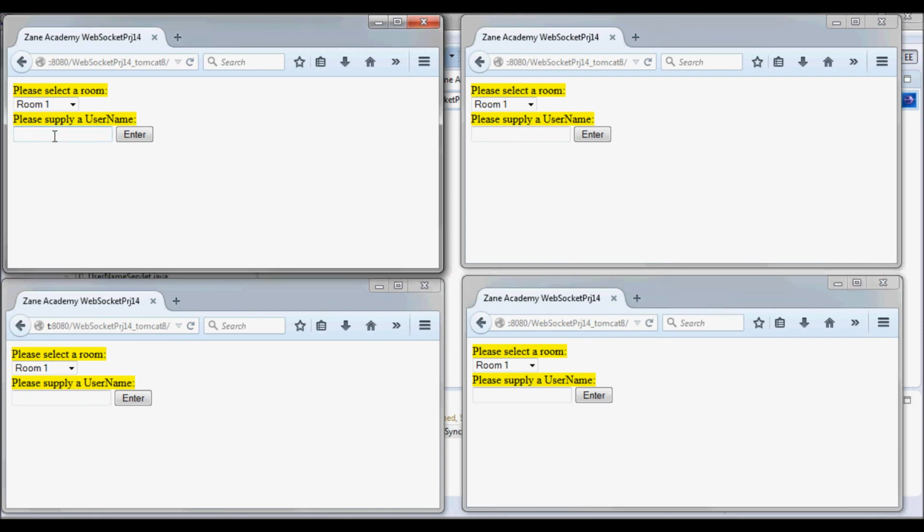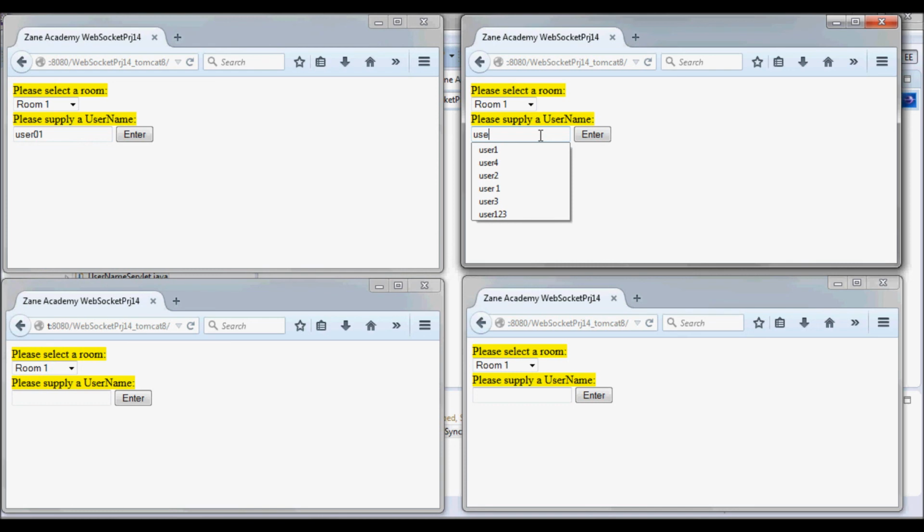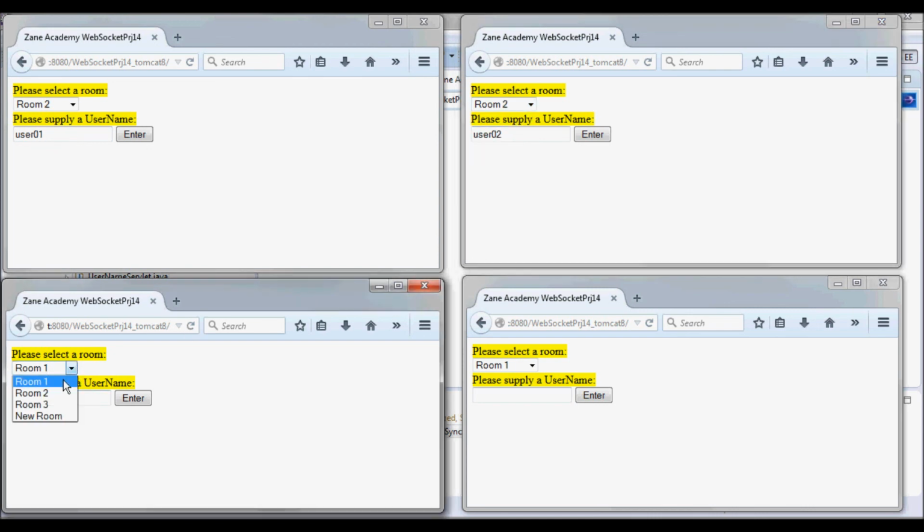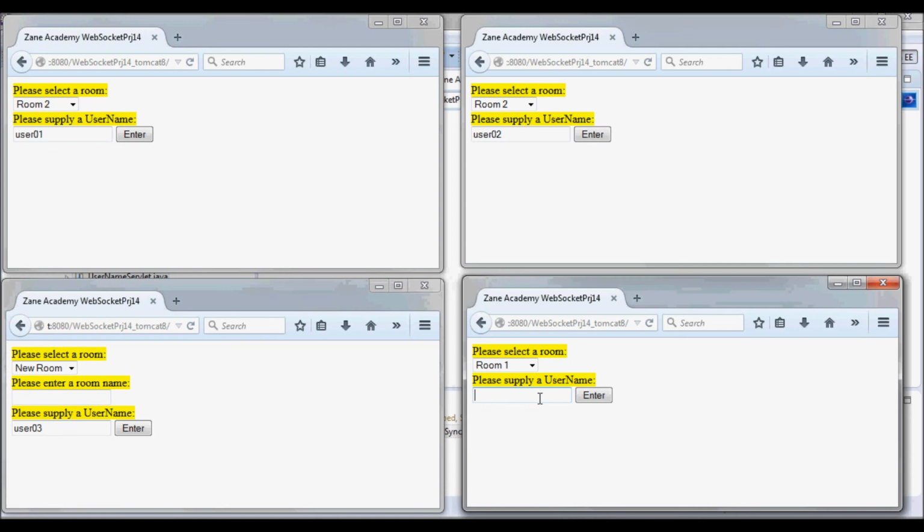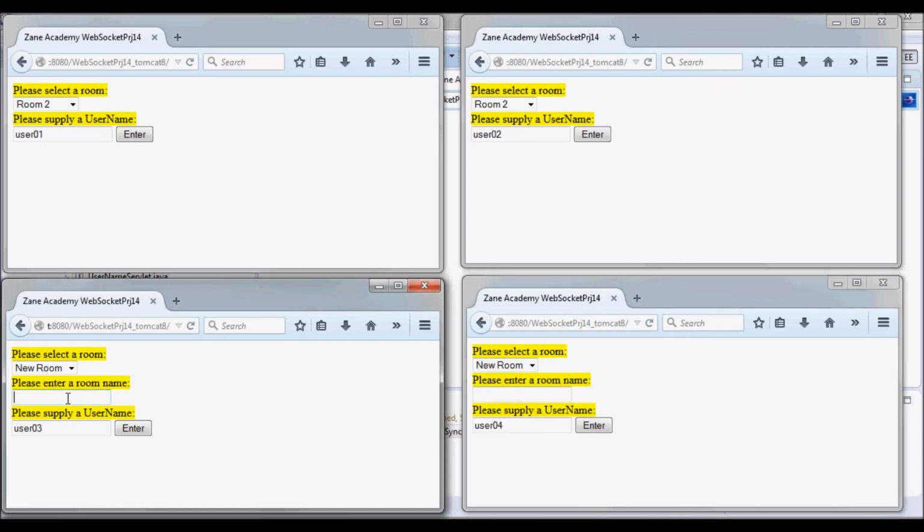Let's do the same thing. So user 01 and user 02 will use let's say room 2 to communicate, and user 03 and user 04 will use room 5 to communicate.